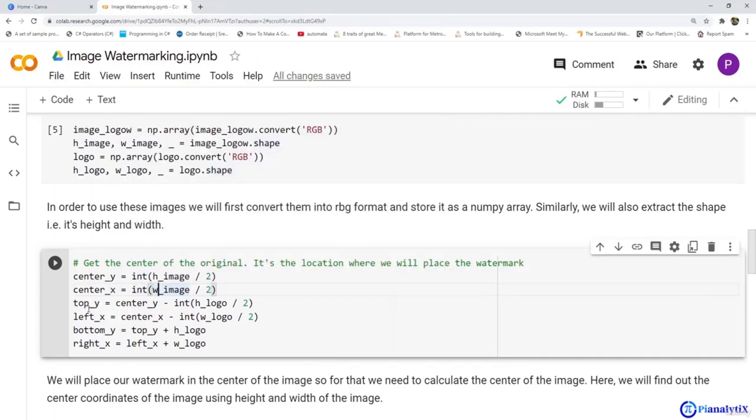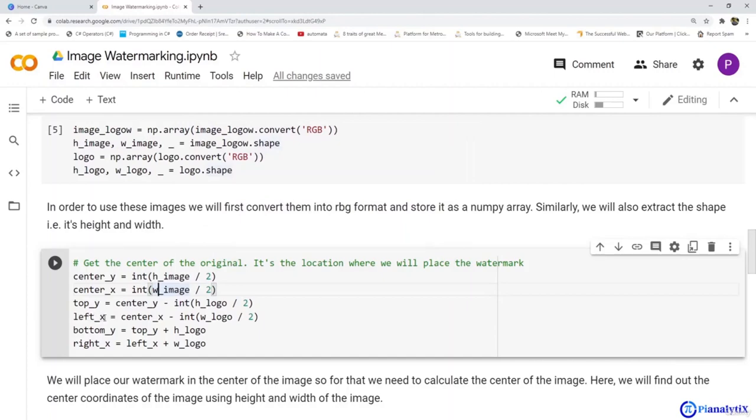Other than that, we'll also find out the corners, that is the top corner, the left corner, the bottom corner and the right corner. For that, we have used center y and subtracted the height of the logo divided by 2 from it. This will find out the top of the y-axis.